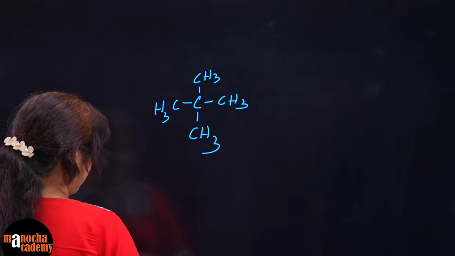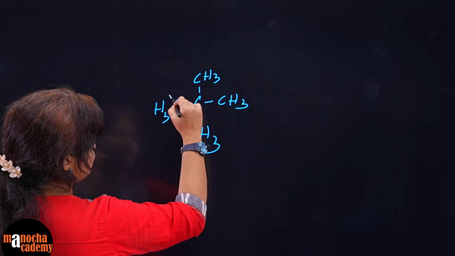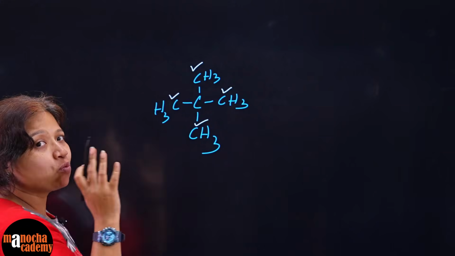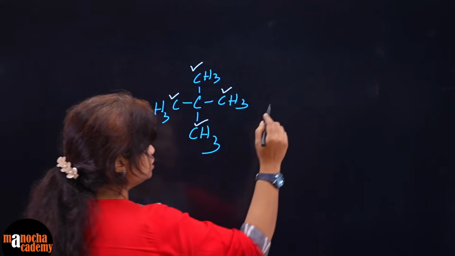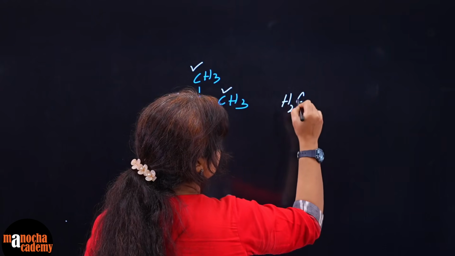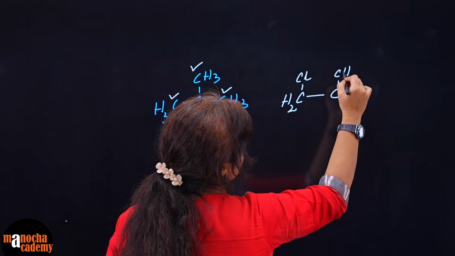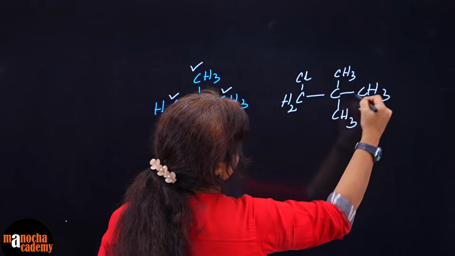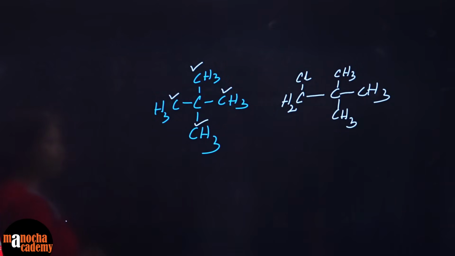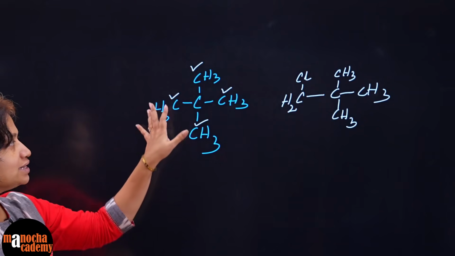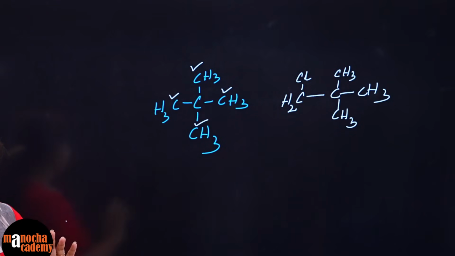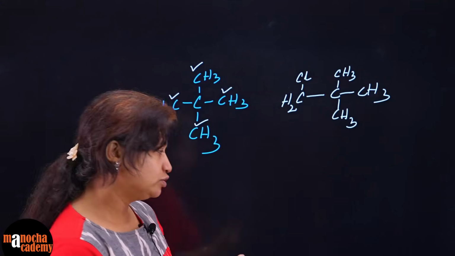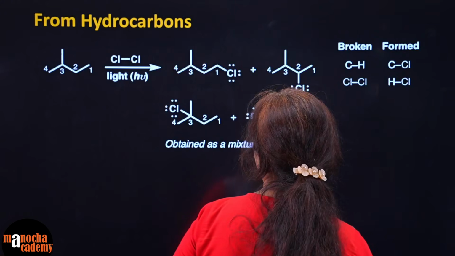See here, all the 4 methyls are having the same environment. So only one type is present. So from here you get only one monohalo compound, which is this. You substitute any CH3, and this is the only answer. Because all the methyls are having the same environment, you substitute any one of the hydrogens from there, you get the same product. So that's the concept of the slide I showed here.